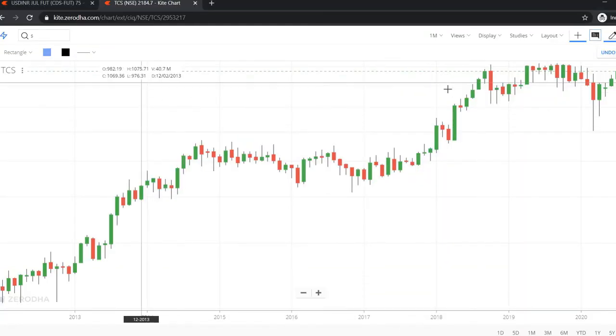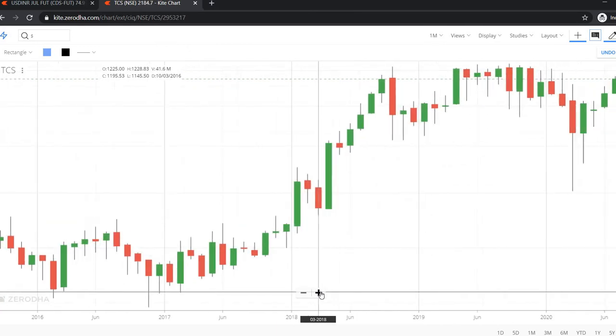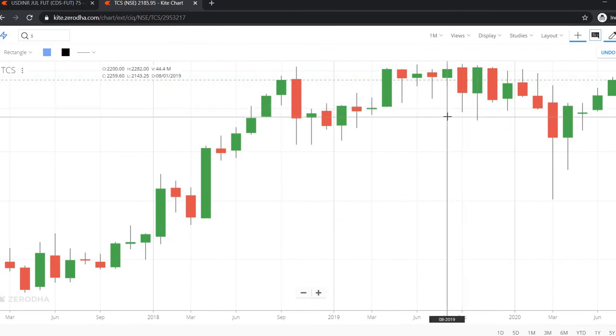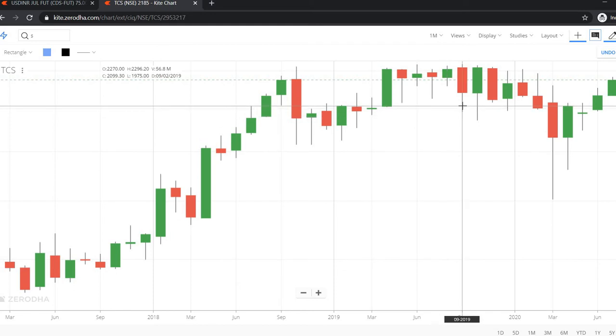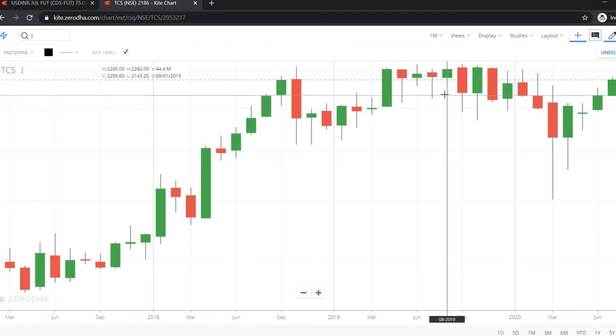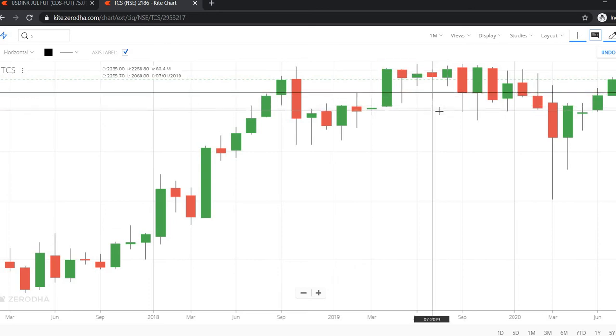So this is TCS. You have to take a monthly chart first. Okay, look at this monthly chart. So the larger the wick, right, the better we choose that stock. So let's see, we have a decent wick here, and this is the month of September 2019. Okay, so let's mark it out. So here and then here, so this is my demand zone for September month.